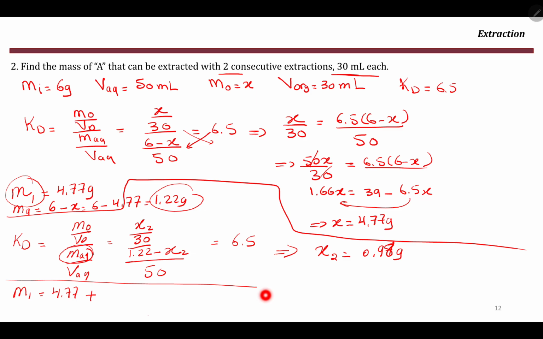In addition to this, we add 0.98, and the total amount that is extracted now is equal to 5.75 grams. So using multiple extraction, I was able to collect 4.77 after the first extraction and 0.98 after the second extraction. So the total amount obtained after these two extractions is 5.75 grams